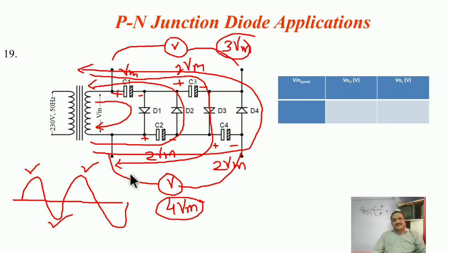Now what is the disadvantage of this circuit? Its percentage load regulation is very poor. Whenever you connect any load resistance, the capacitor gets discharged, and that's why the total available voltage gets degraded. So this is the disadvantage of this circuit, and the application of such a voltage multiplier is only in cathode ray tubes, CRTs.